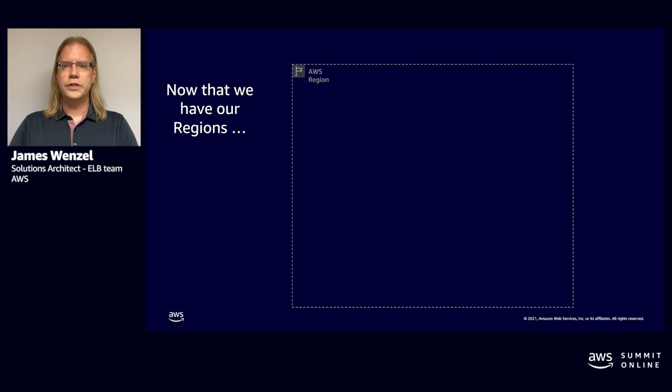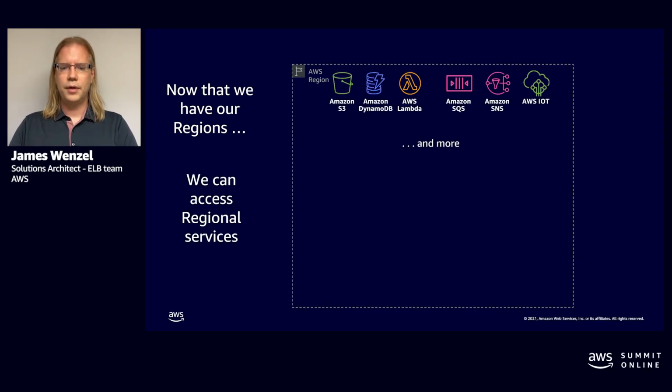So now that we have a region, we need to do something with it. And regions are always populated with availability zones. But there's another thing that also operates within a region outside of that, and those are our public-facing services. So S3, DynamoDB, Lambda, and more are actually located within a region that can be contacted with public IP address space. Some of these constructs can be actually used internally to our workloads without going over the public internet, but can also be exposed to the public internet to make it easier for your customers to consume your services.